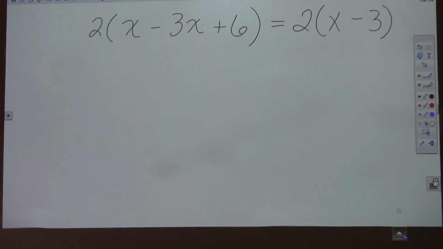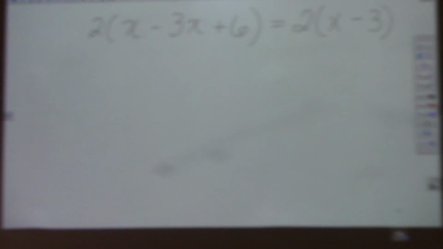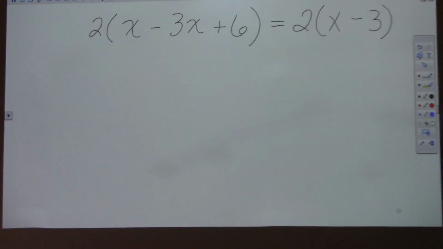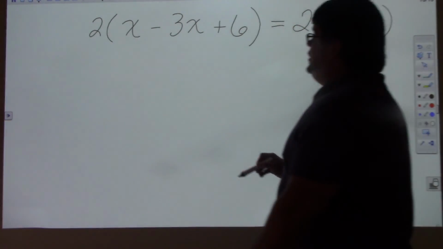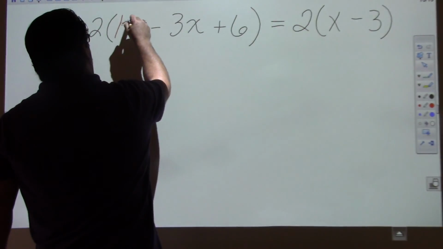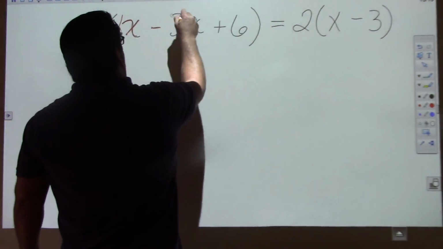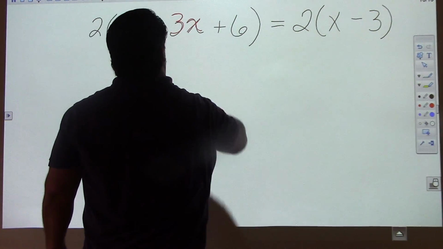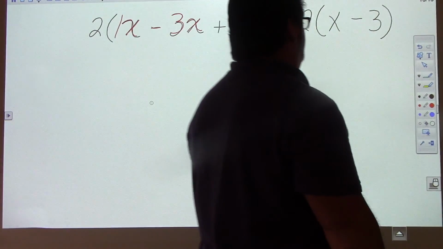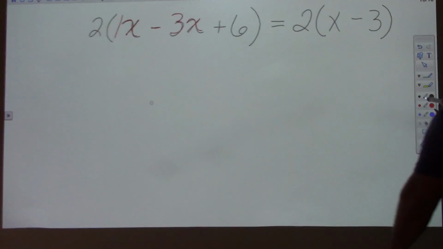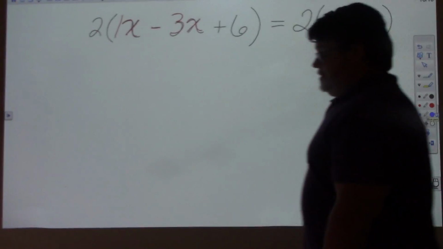Now, you can combine first, then distribute, or you can distribute, then combine. I don't care. I like to combine first. If there's something in the parentheses, I like to combine that first. So 1x minus 3x is in the parentheses, and it is combining like terms. So, let's do that first. So, that's going to be 2